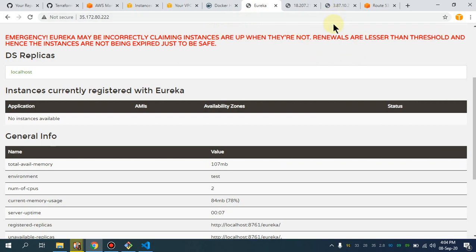So this is the URL of the Eureka server I've given, and if you want to see the code, you can simply navigate to the code and see the stuff. So till then, I think I should pause the video, and I will be back with you guys soon.